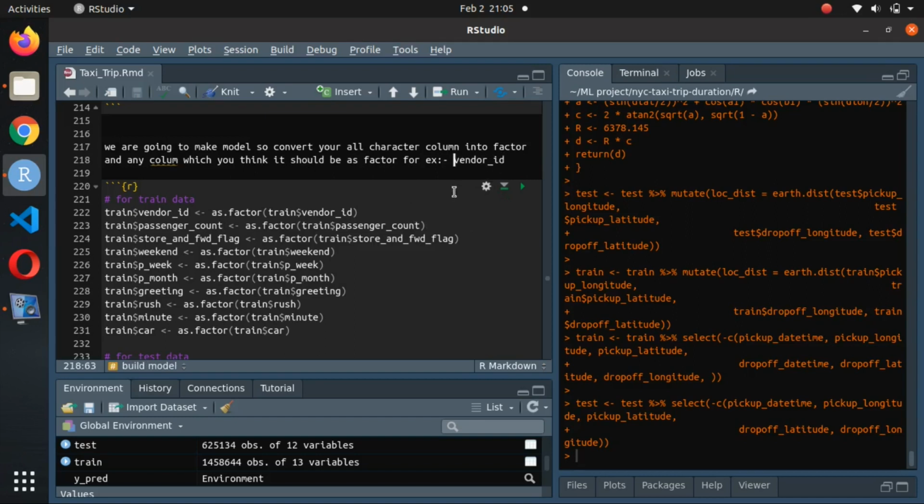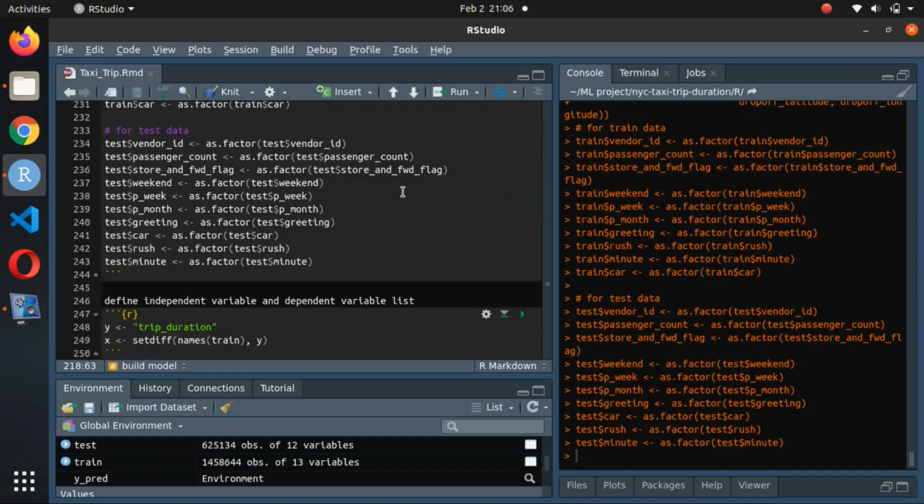Vendor id is a numeric data type here, so you have to convert it into factor. For converting into factor, you have to use the as.factor function. Similarly, I convert the passenger count and this type of variable, for the training dataset and test dataset.